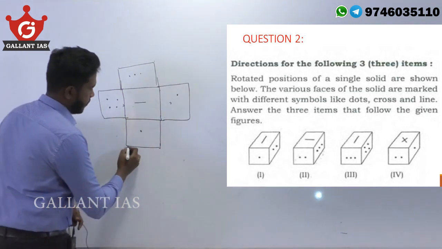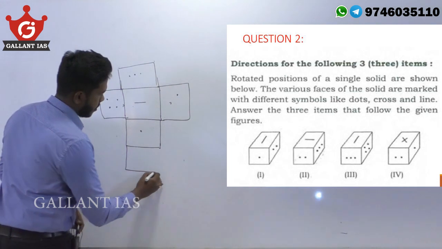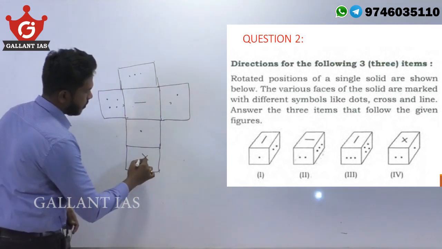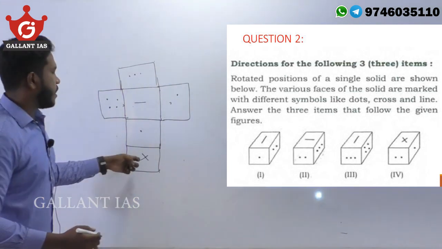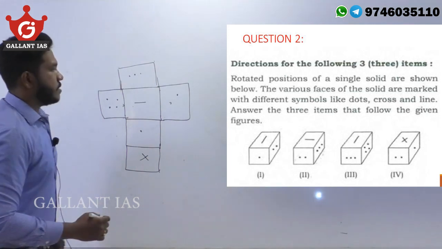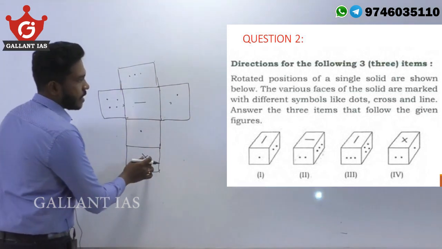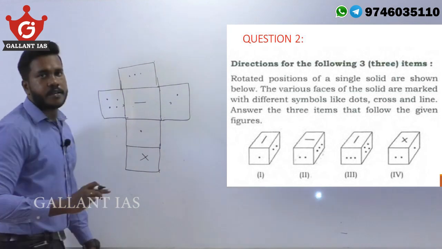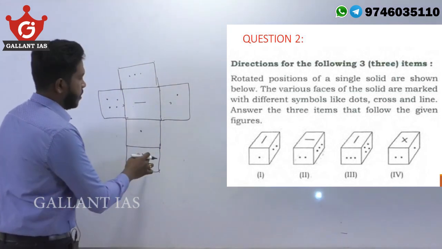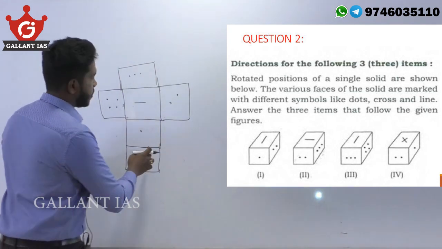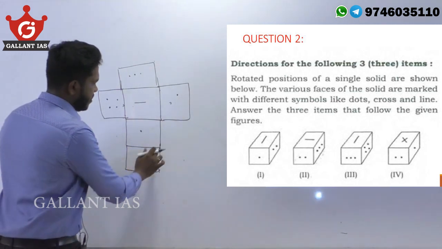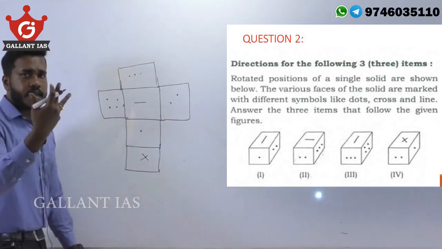If I am drawing here, is it right? If I am drawing the face containing the cross over here, is it right? Let's check. It's adjacent to the face containing value 1. Yes, it's right. It's adjacent to the face containing value 2. Is it right or wrong? It's right only, because